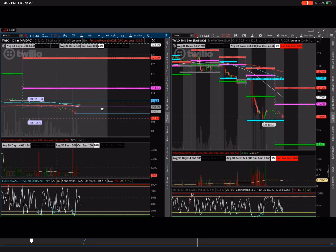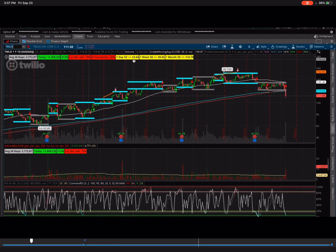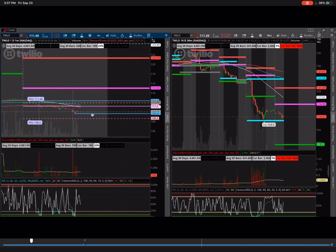And then for the move lower, I'm looking at the pre-market low. This one moves about $3 a day. So today, because of the move yesterday, yesterday I had like a $10 move. I'm expecting at least a $5 move to cover the half of it if it goes up. And then if it goes down with strong volume, we may get something similar to yesterday. So this one, again, we're boxed in at 12:30. And then the pre-market low, which right now is at